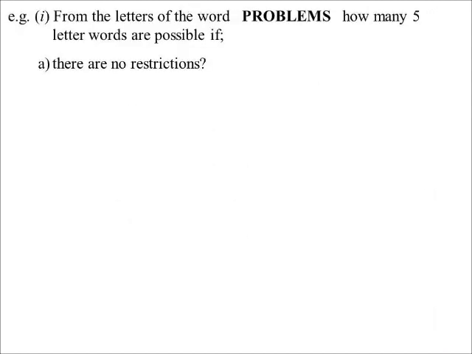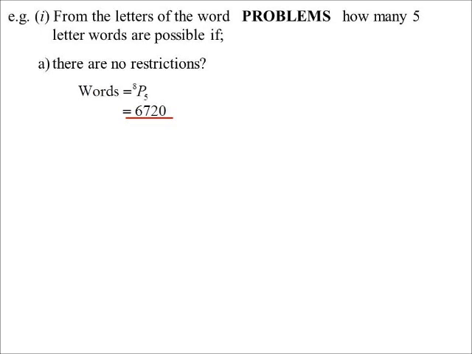Let's do some examples. So we have the word problems, appropriate because we're looking at some examples. We're only going to make 5-letter words, so I'm not going to use all of the letters. How many are possible if there are no restrictions? Well, if there's no restrictions, it's 8p5. I've got 8 letters that I can choose from, and I'm going to use 5 of them. I'm only going to arrange 5 of them. So 8p5,